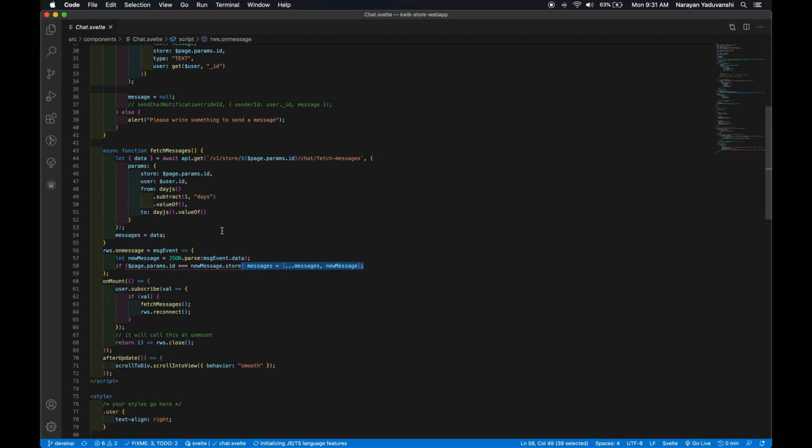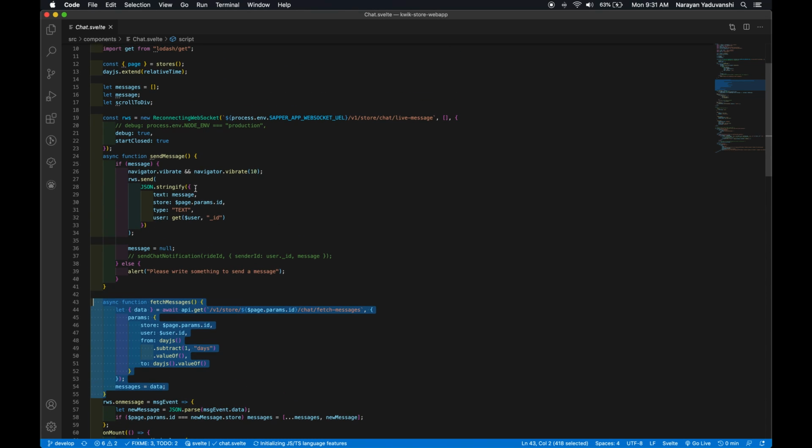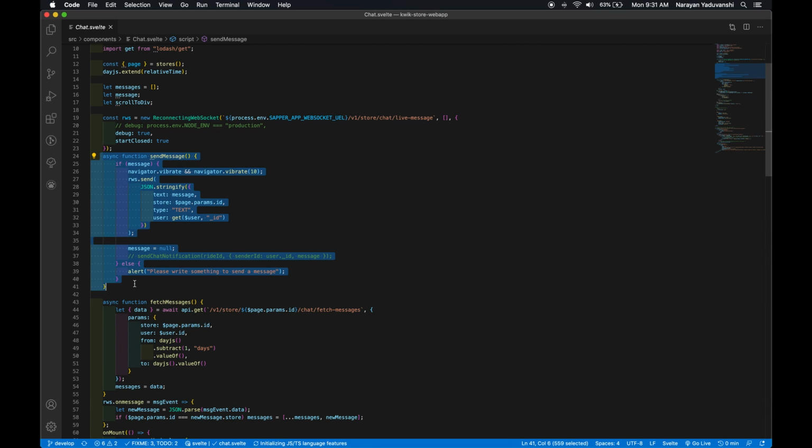And whenever the page loads, I am fetching the initial messages via this call, and this is the call for sending the messages to the server.